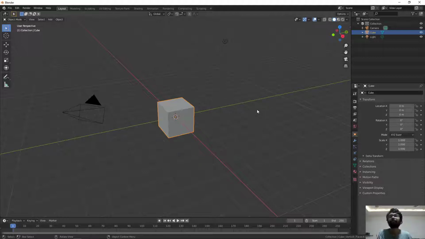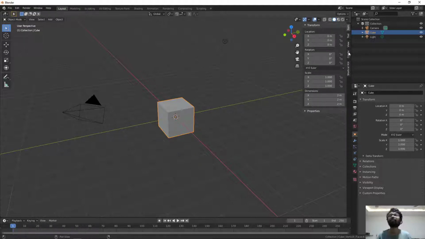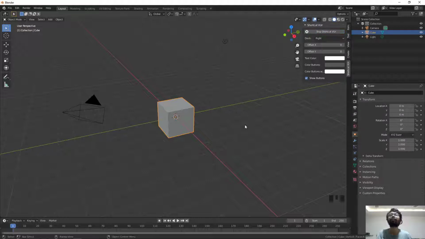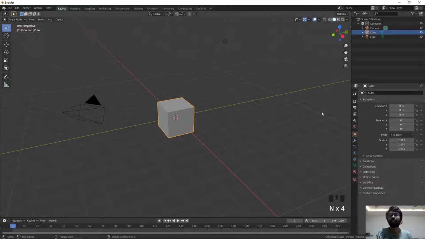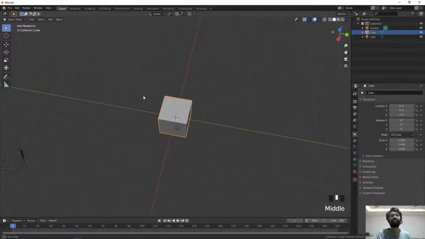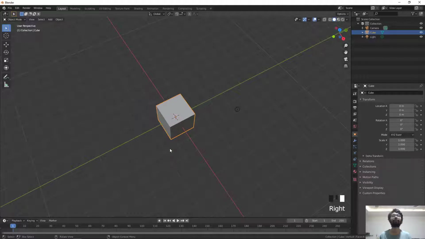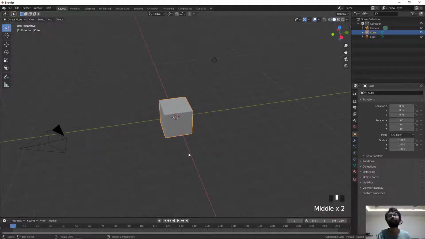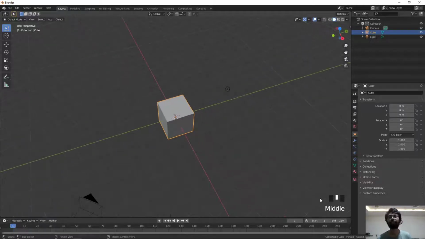So left click, I'll turn on my screencast keys to make it more visible. My screencast keys are enabled, and you can see if I press any key, you will be able to see what I press. First thing first, to revolve around in this viewport, we'll use the middle mouse button, which is here.